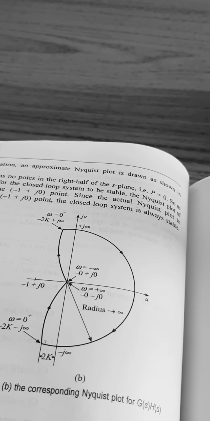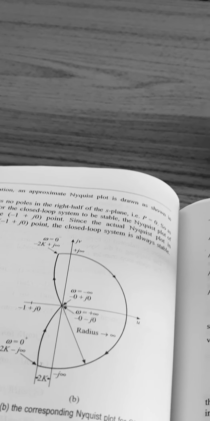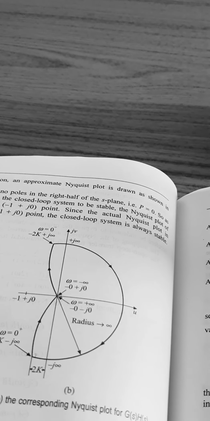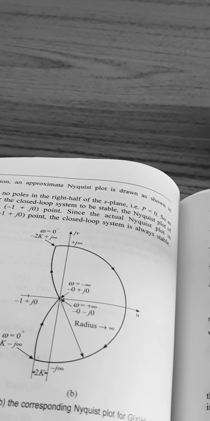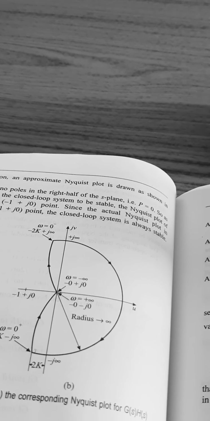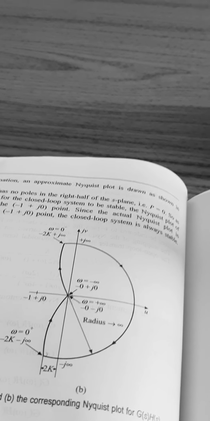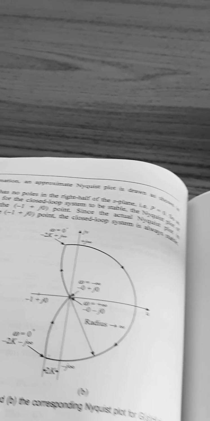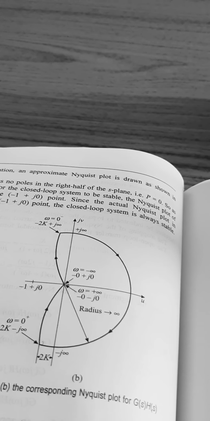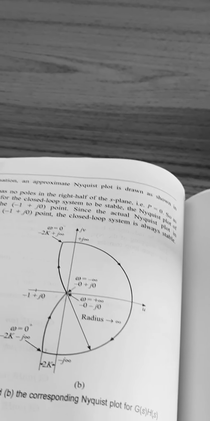In order to find that, we use the expression N is equal to P minus Z. P is the number of right hand poles, Z is the number of right hand zeros. So suppose there is 1 right hand pole and 0 right hand zeros. So P minus Z is equal to 1. So N should be